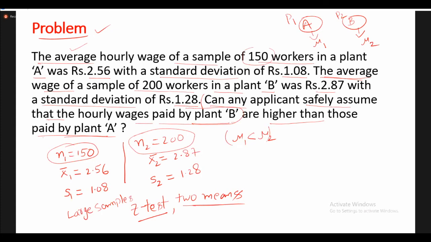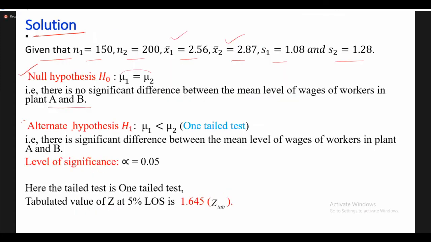Yeah, very good. That's why here we have taken the alternative hypothesis H1 as mu1 is less than mu2. Now got it? If that condition is not there, generally we have to take mu1 is not equal to mu2. I hope all of you understood why I took this. In the question only they have given the terminology we have to understand. That is less than type, so the test is a one-tailed test.